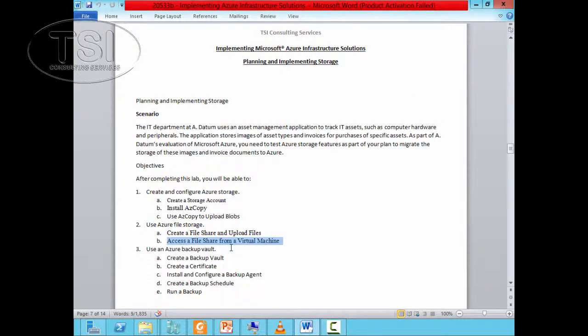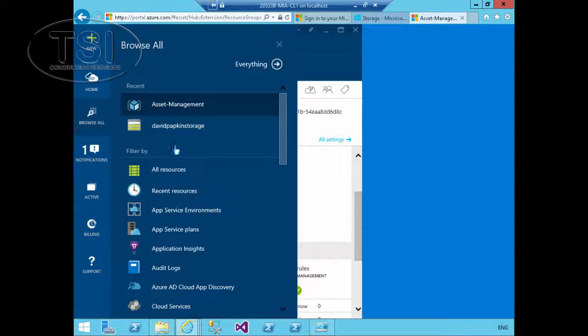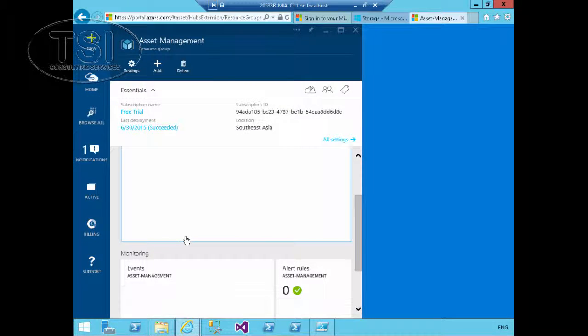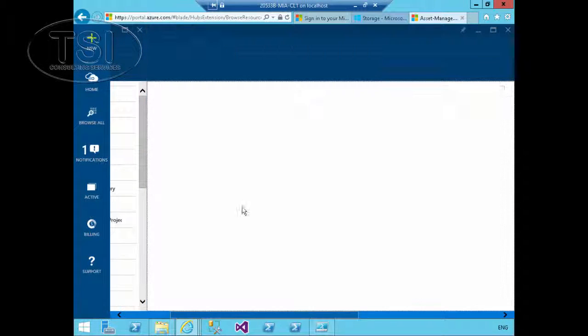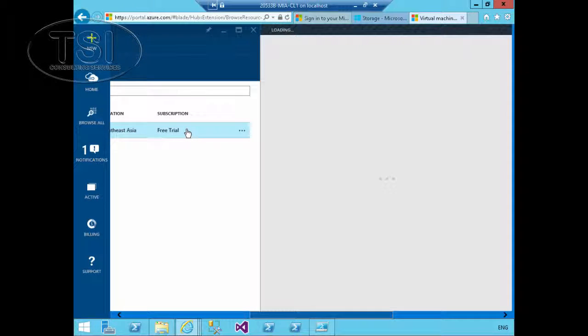So I'm going to continue the lab in planning and implementing storage. First thing, I'm going to access the file share from a VM. So I'm going to browse and look for virtual machines, and I'm going to find the ones I created earlier on here. So I go to Datum Server 1, connect,